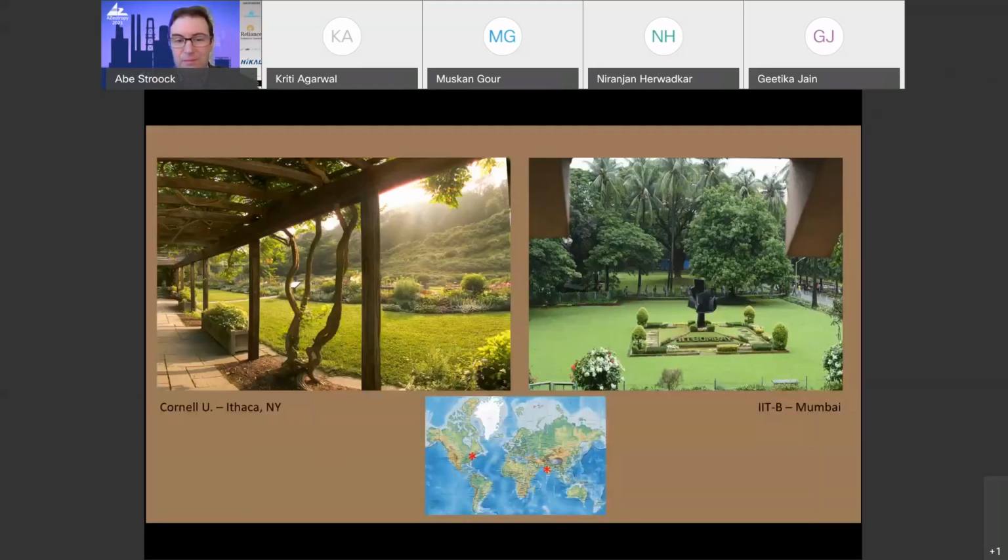Here's some shared plant life on our two campuses. On the left here is a garden on the campus of Cornell, and I actually live just outside the photo. Where I'm sitting right now is just outside the photo. To be honest, in the springtime here right now, the garden does not look like this here in North America. But plants are one of the universal characteristics of our planet. And then below I'm showing where Mumbai and Ithaca are on the map.